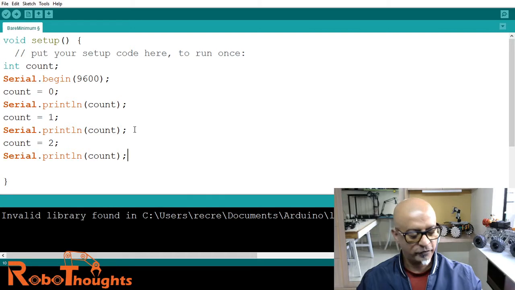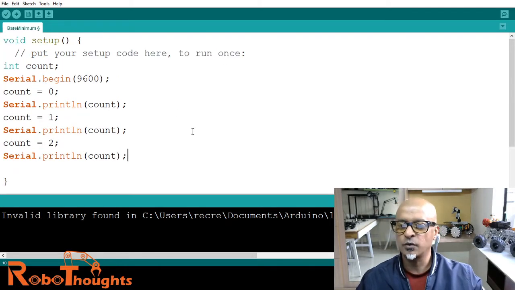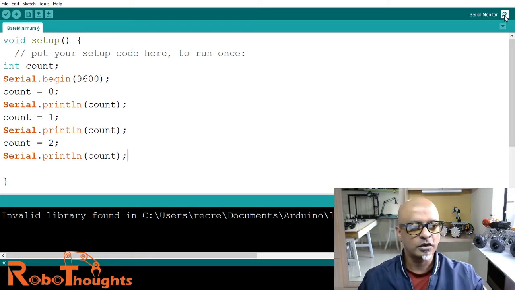Now void loop, we are not going to use the loop function here because we just want to print it once and see what happens. All right, now let's print this. I am going to run this on the terminal, and then I am going to,